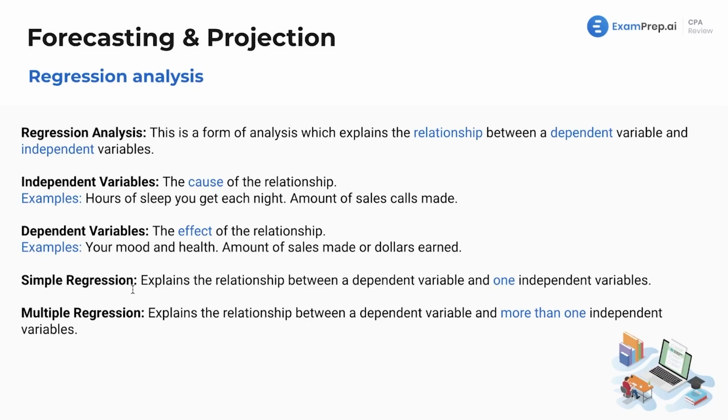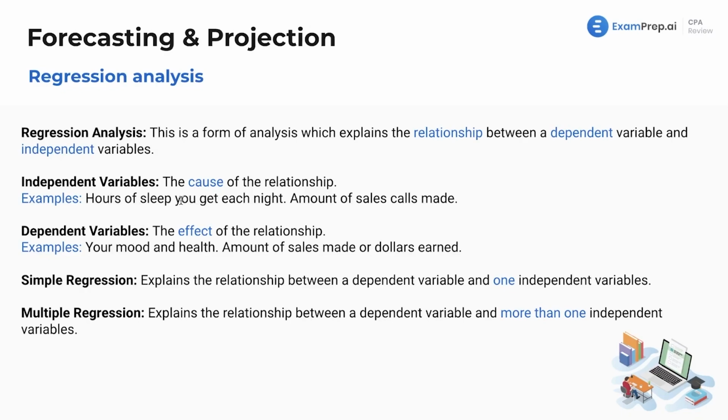Simple regression. This term, you might see a definitional question or just a little bit. We'll keep going on about it, but a simple regression explains the relationship between a dependent variable and one independent variable. That is just going to be the cause and effect, hours of sleep versus mood and health. The multiple regression explains the relationship between a dependent variable and more than one independent variable. So that's going to be hours of sleep you get each night, comparing to your mood and health, also